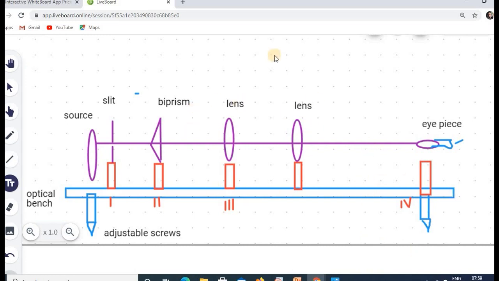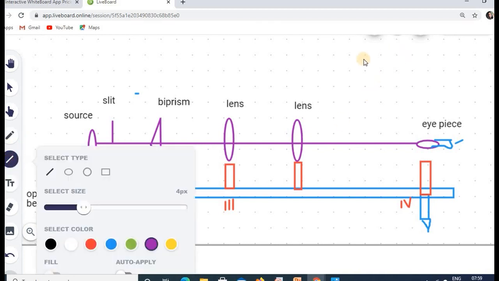We have not discussed the lenses here, and in the first stage of the experiment, for getting the interference pattern, we need not use the lenses, and for some sort of focusing, if needed, you can place one of the lenses here. Okay, so that's all. So you'll get the interference pattern, and this is how you are going to determine the fringe width from this interference pattern. What you'll be getting will be fringes of equal width, and there will be dark and bright fringes.